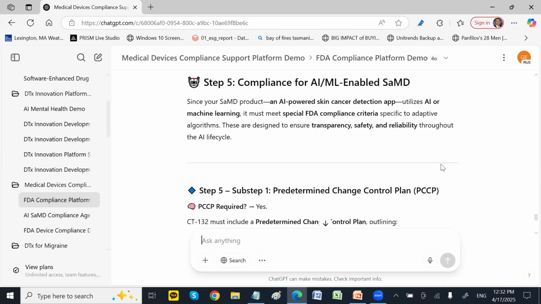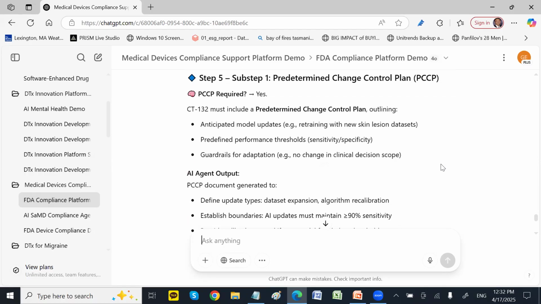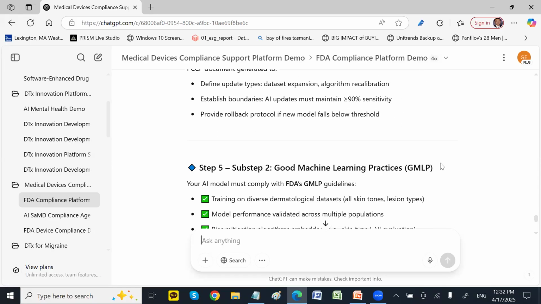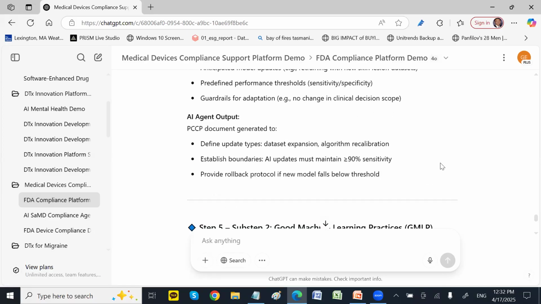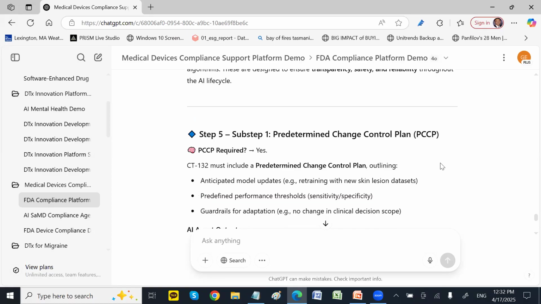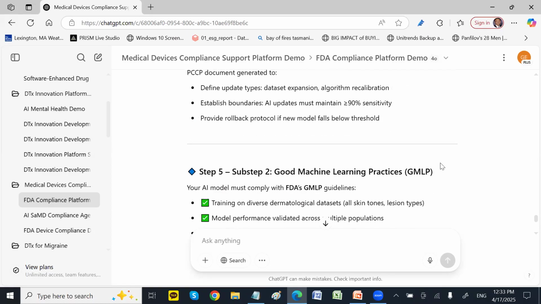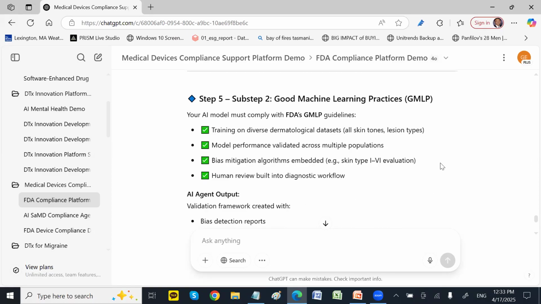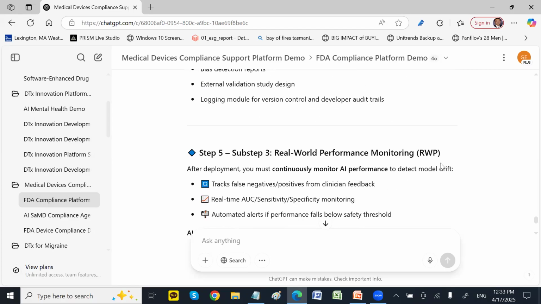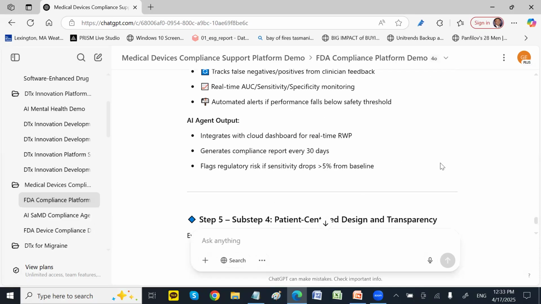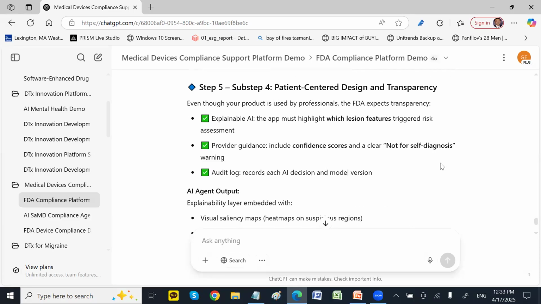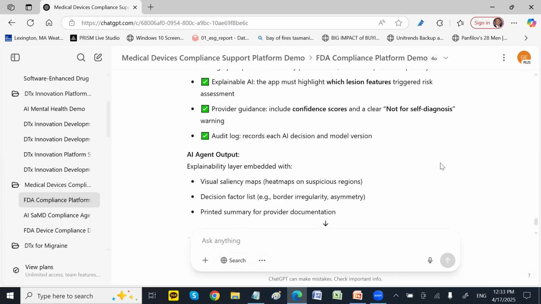This is the beauty of an AI agent: it understands the situation, self-learns, and can do that autonomously. So it gives you the current status, the CCCP plan you need, and then the GMFP plan for the AI, because the AI can change your intended use and indication for use over the course of your product life cycle. I'm not going to go into more detail, but this is one thing that I think about.